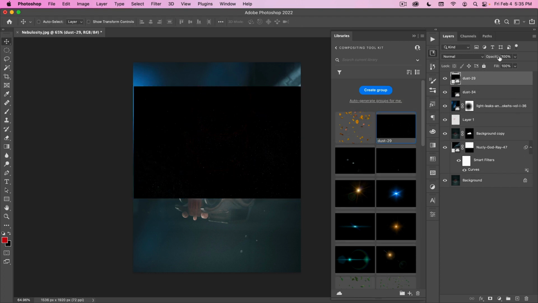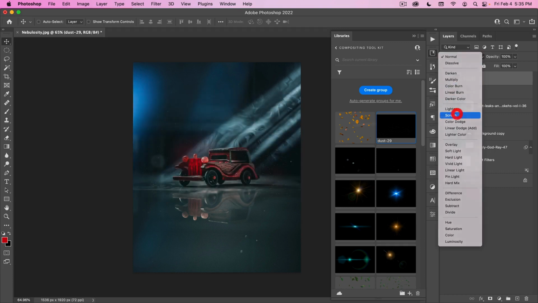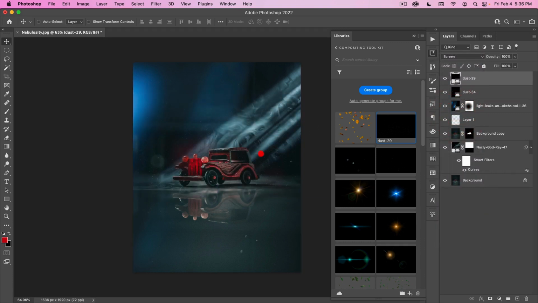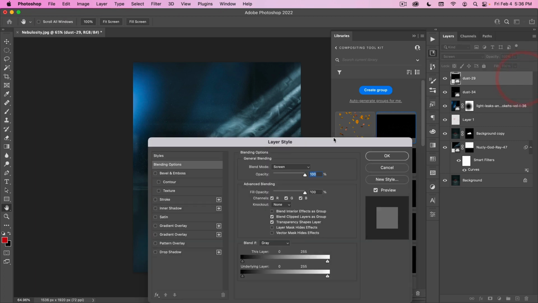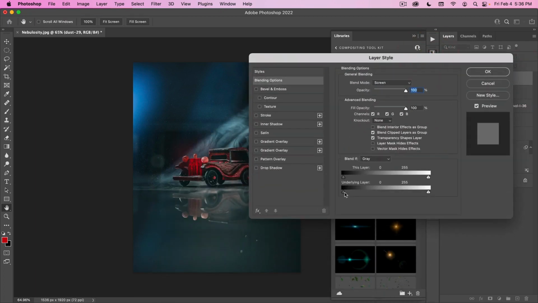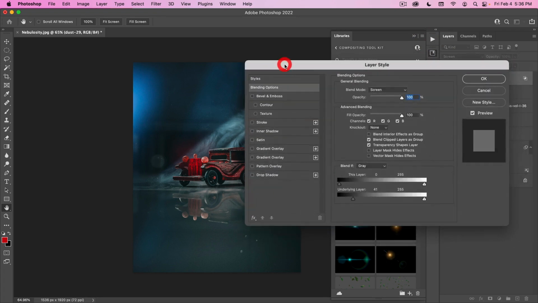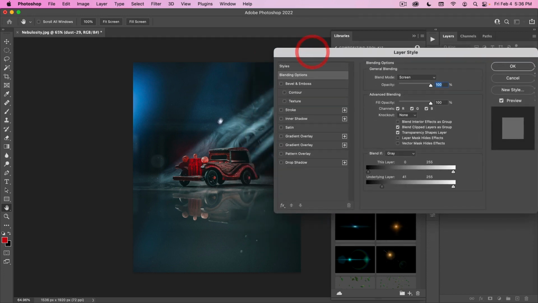This is much smaller dust. What I want to do with this dust is kind of just make it around where this light is. So in order to adjust where this is hitting, I can double click here and open my blend if, and I want to get rid of it in the dark areas so that the dust is just where the light is. Because generally when you see dust in the air, it's going to be where the light's hitting it. So we'll do something like this.